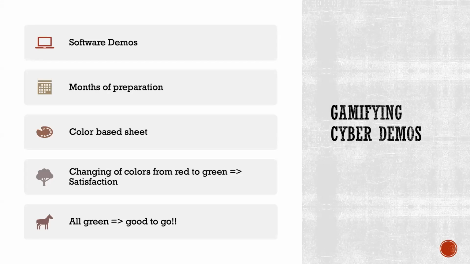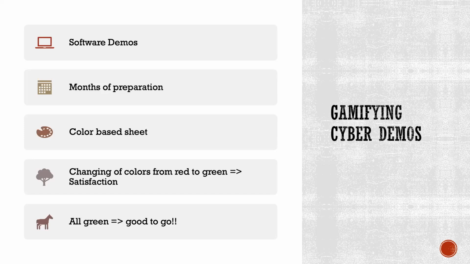For the first example, I'm actually going to be talking about what we do here at the Institute for gamification. We work with our partners in creating cyber defense technologies, and we have to create some every quarter. For example, we have to create demos that show what we have been working on or what we have achieved.